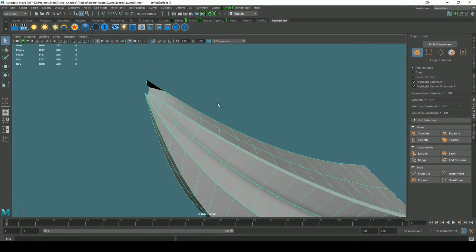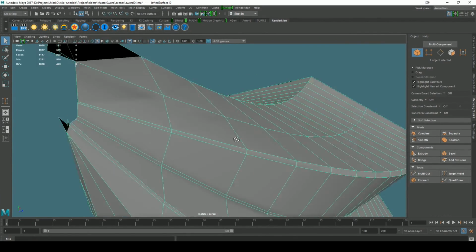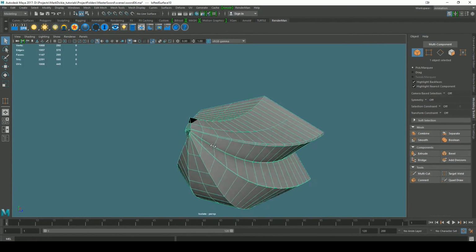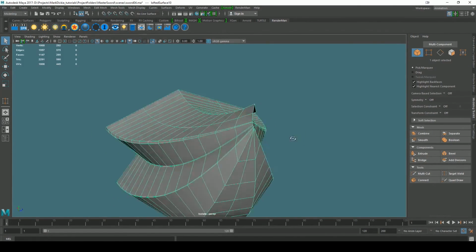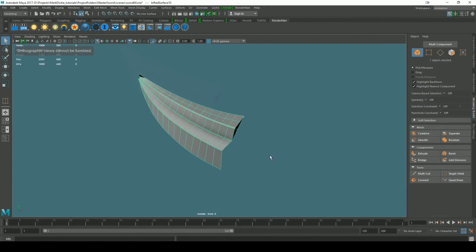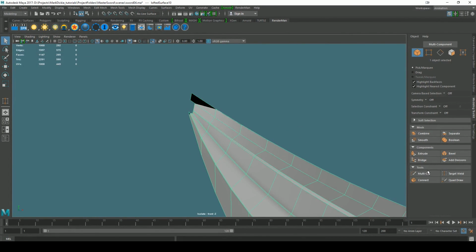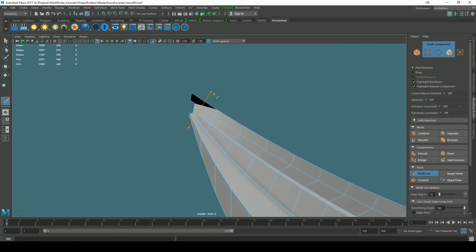I've just noticed I've got some issues down the end here, and it looks like it's ended up a bit messy when I've merged them. Quickest way, probably the best way really to fix that is to rebuild it. So in the front view, I'm just going to use the multi-cut tool, and what I'll do is pick a point about here and draw a line straight through. So by clicking a point, holding down the shift and holding down my left mouse to drag,